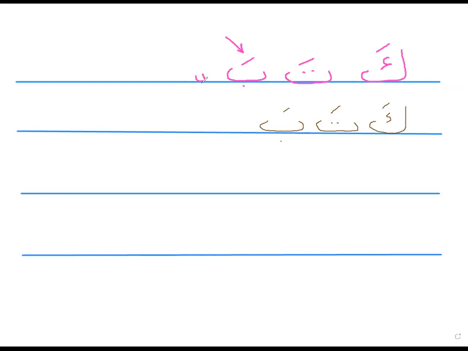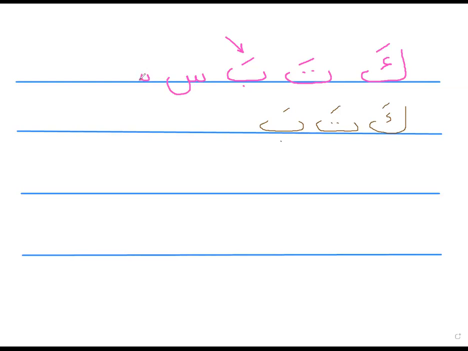So the first step is to try and write this little bit here, and then another one, and then a bigger one that goes under the line. I'll repeat. So a little, let's say little ball,